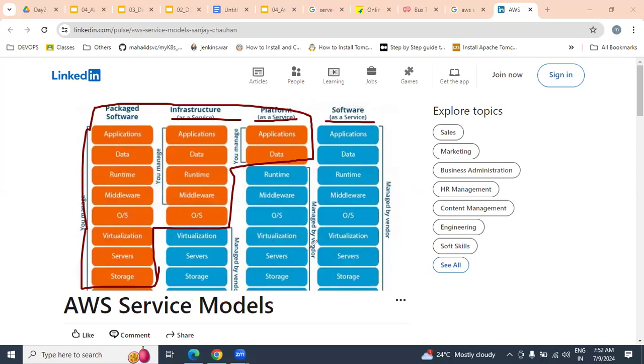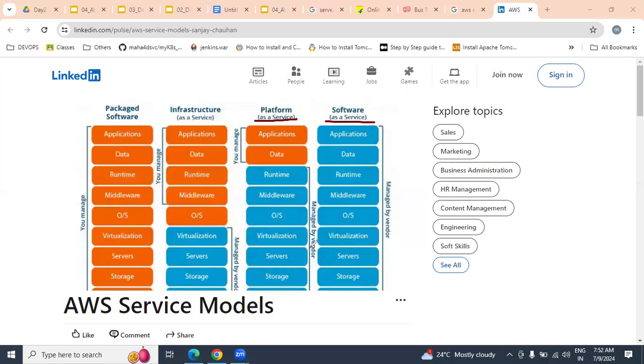Okay, fine. So for example, if you want to place a website, a Java application, a Flipkart kind of application, what kind of infrastructure do we require? Hardware resources, RAM, CPU, storage, servers, virtualization, operating system, middleware, Java runtime, database, MySQL database, Oracle database, Java application. These are all required for placing our websites. Without all of these, we can't do anything.